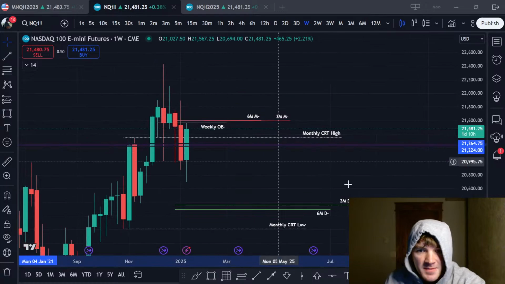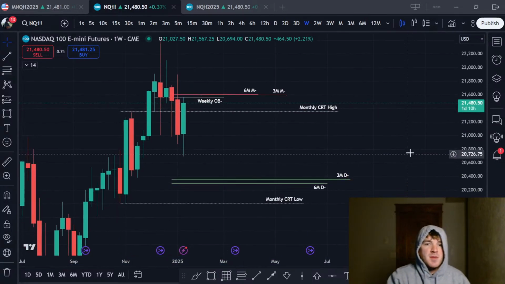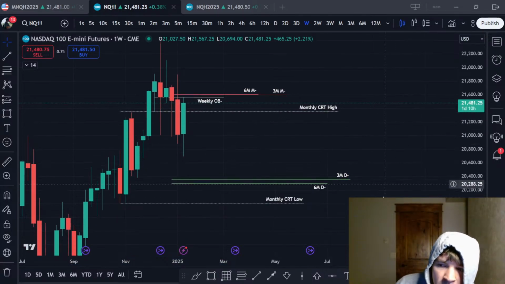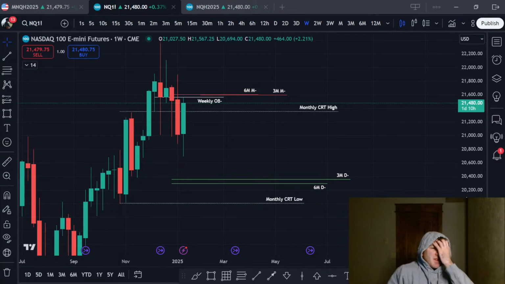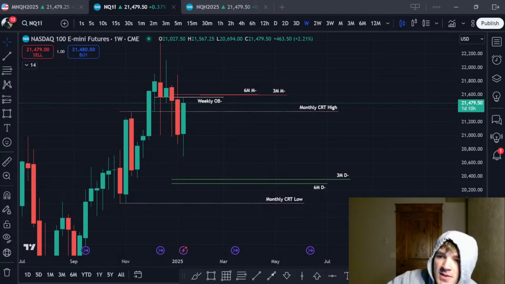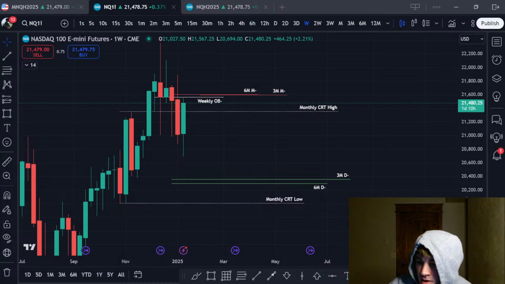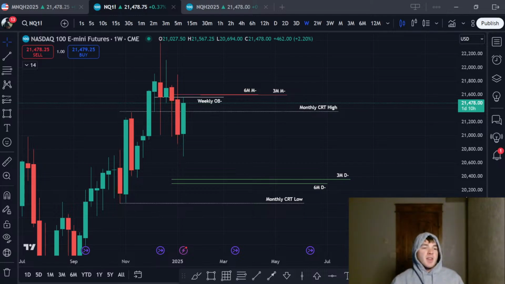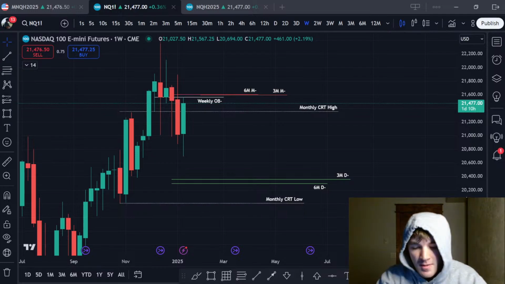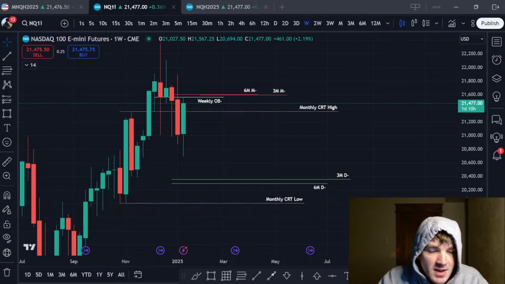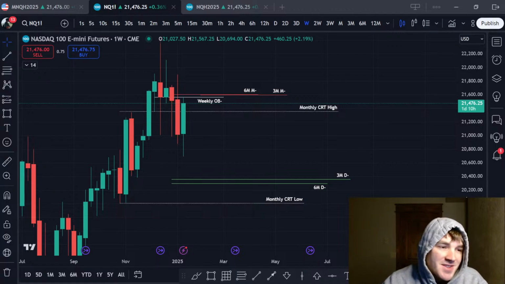Hey, Etsy. How's it going? I'm just doing some higher time frame analysis right now. I'm realizing that if I start out the day with higher time frame analysis, then I won't forget to do it later. So I'm doing it first thing, and then after I finish this, I will set up my other chart and do everything else I need to do. If I don't do high time frame analysis, I'm kind of doing myself a disservice.